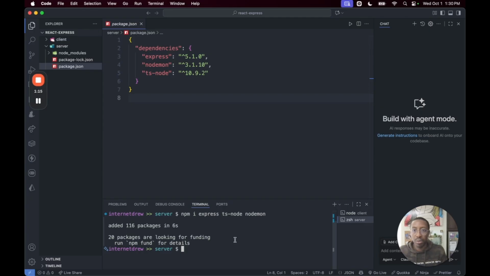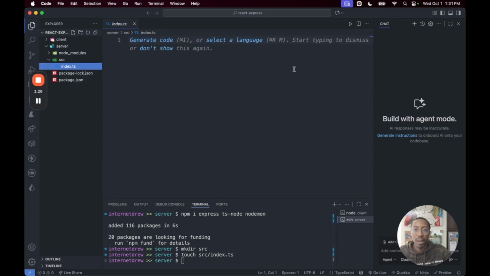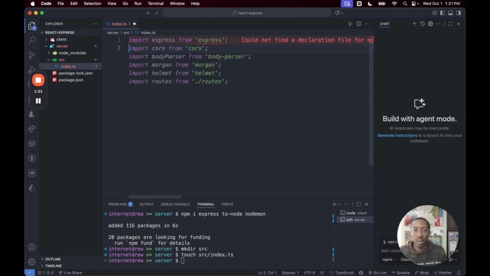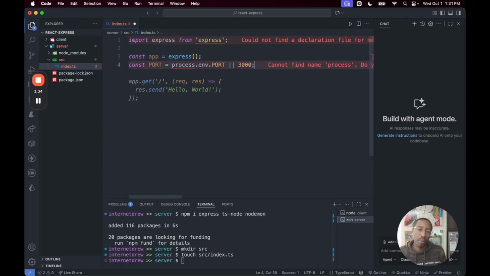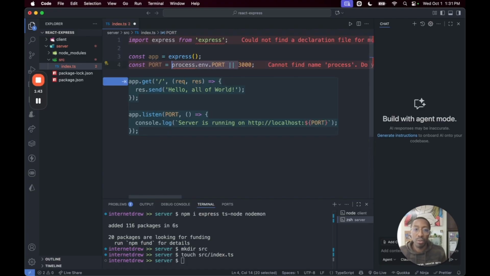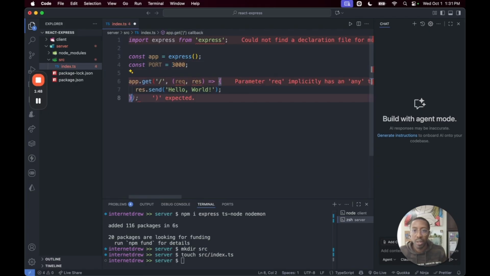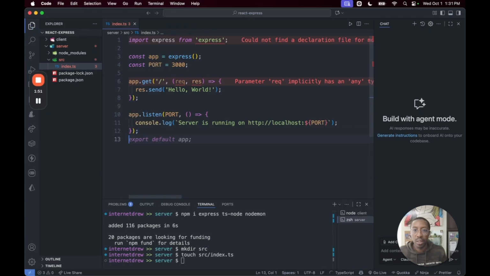So first thing we're going to want to do is make a new directory for our source code. And then in there, we're going to create our index.ts file. And now that we have that, first thing we're going to do is import express from Express. We don't need any of those things. We're going to bring up the app. We don't have a port in the env file because we don't have an env file, so this will just default it to 3000. You can have one in there if you want to, but for right now we'll just keep it simple. We'll have a simple hello world at the root, and then we're going to listen at port